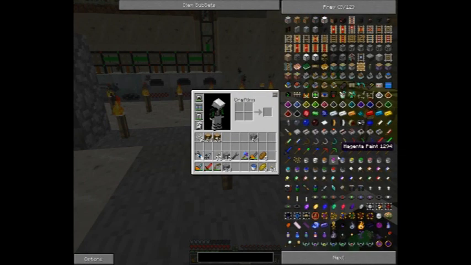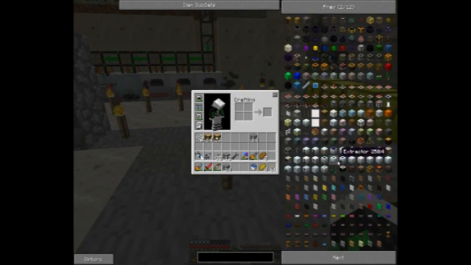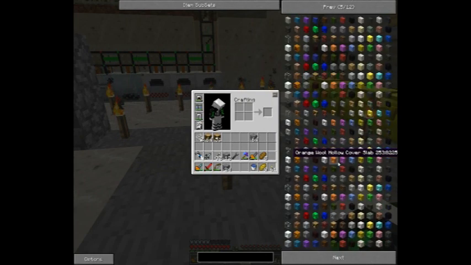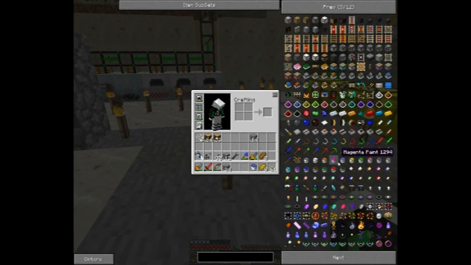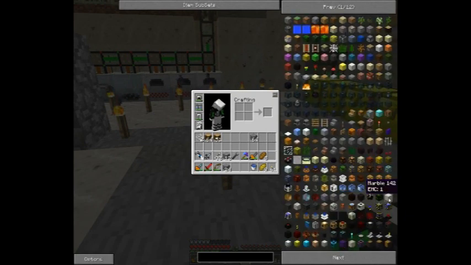I was thinking of another item that I could make, and I can't remember what it is off the top of my head. That's not a good sign. Aha, nope, not world anchor. It is a...